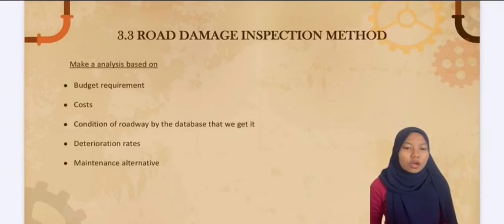Not all roads receive the required attention they deserve in a timely manner. These roads are left to deteriorate until the next maintenance. Last but not least is maintenance alternative. It depends on the damage on the road. Six types of road maintenance can be used, which are asphalt overlay, patching, reshaping, slab replacement, smoothing, and also reconstruction.